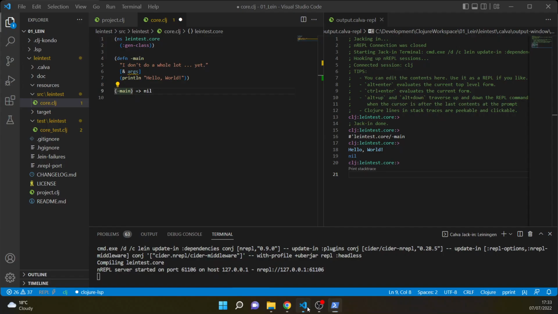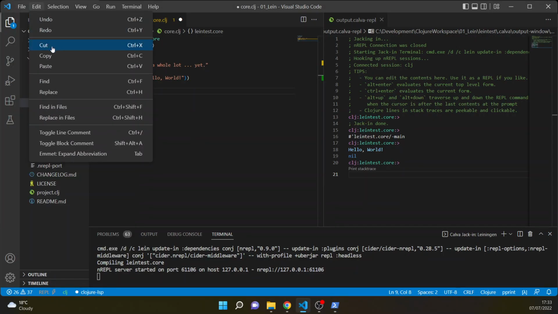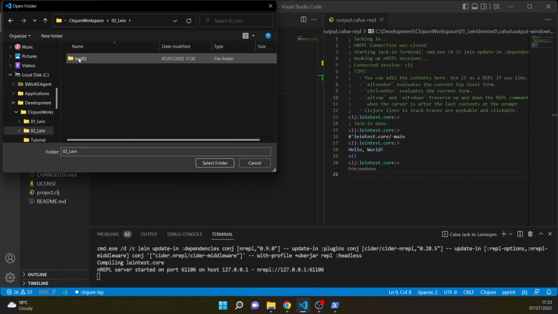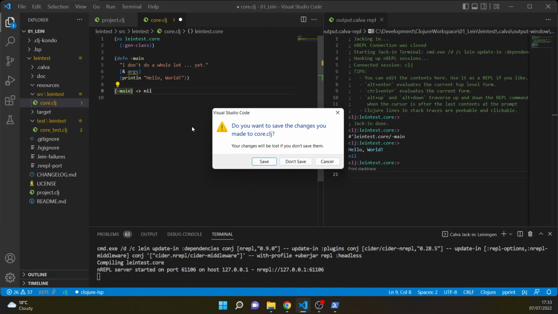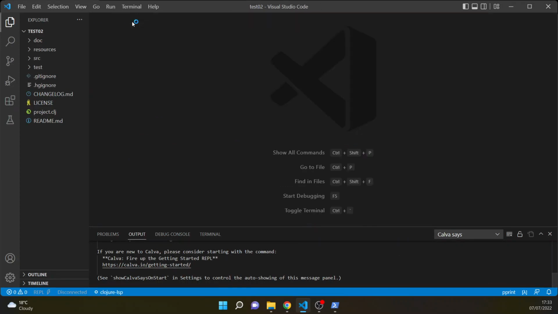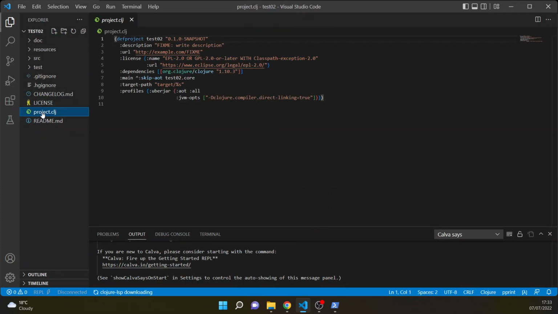So now I can go to my Visual Studio Code and just open that new project, which is test 02, select folder, don't save. And as you can see, all the files are here. I think what I'm gonna also perform is to import some simple